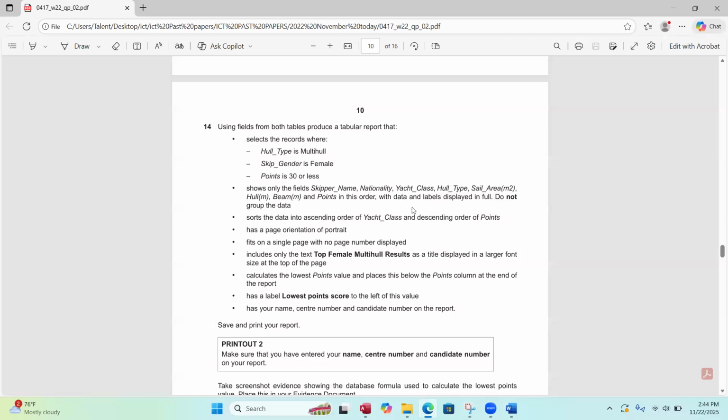Okay, so with data and labels displayed in full, this is very important. You have to make sure that your data is displayed in full, right? Do not group the data, right? Then the next pointer says sorts the data into ascending order of yacht class and descending order of points,